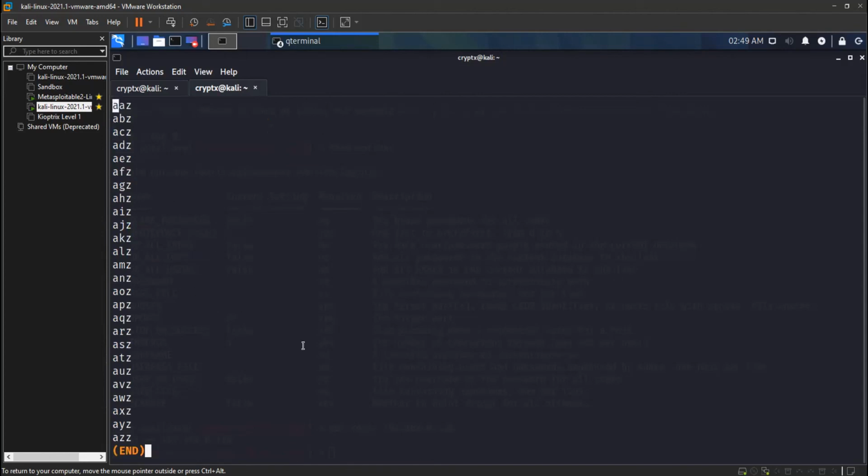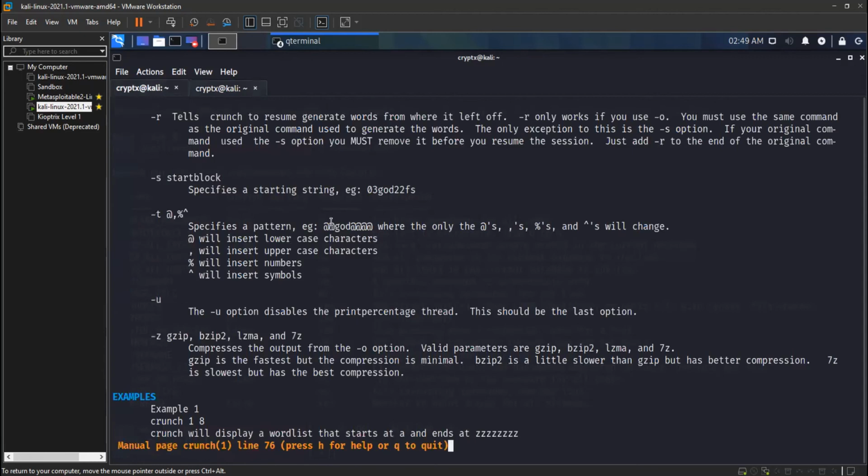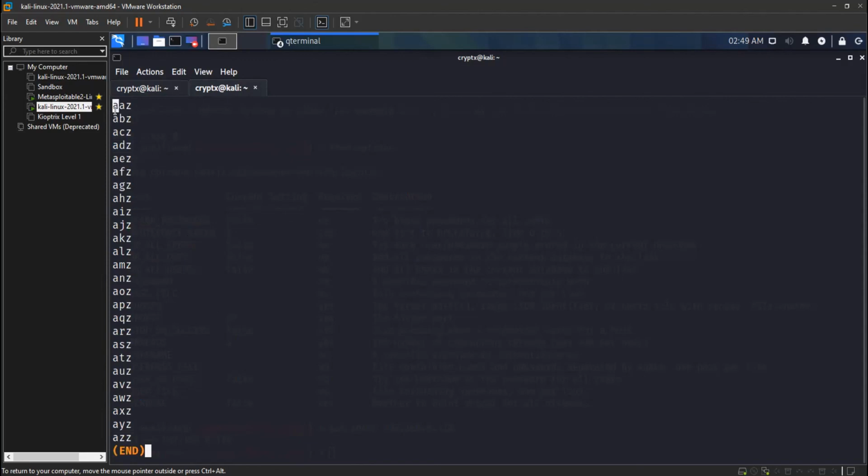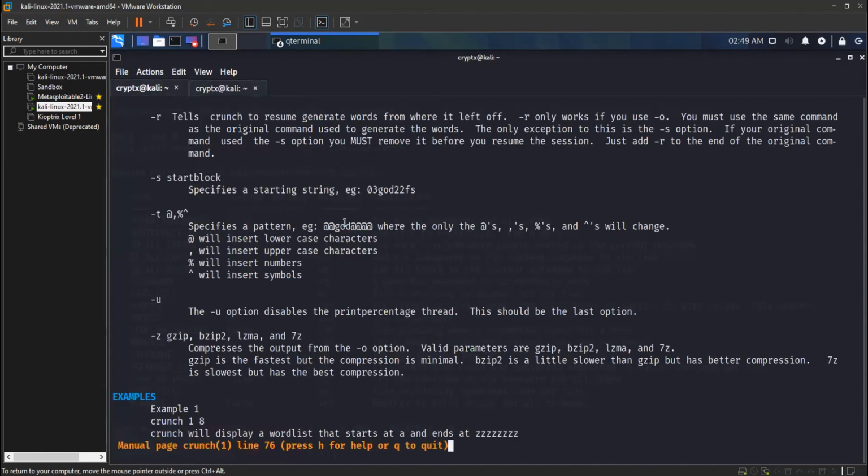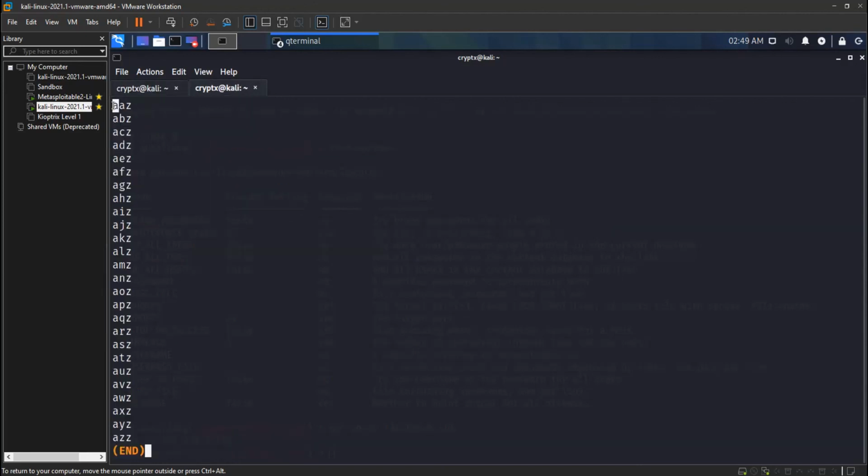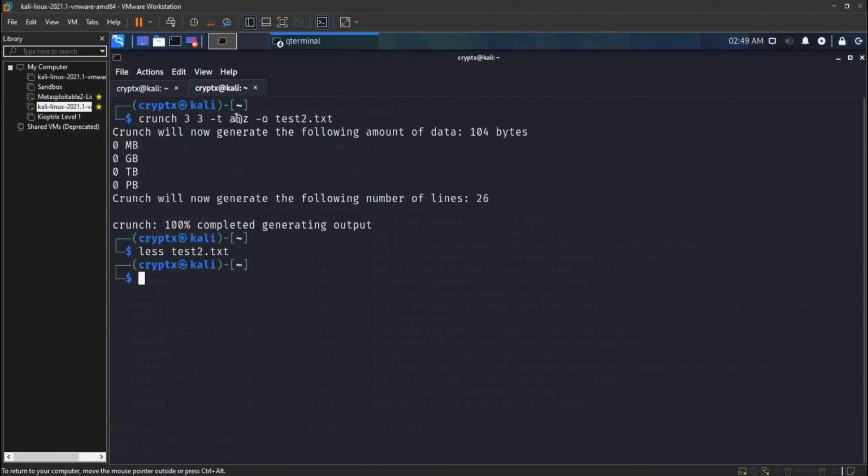So the value which we specified here, the at-the-rate sign, is changed. As we can see, it is being replaced by random characters, which are a to z, and the word which we specified here, like God. So here we specified a and z, so that is constant, that is not changing. So for example, if you wanted to enter numbers instead of this at-the-rate sign,